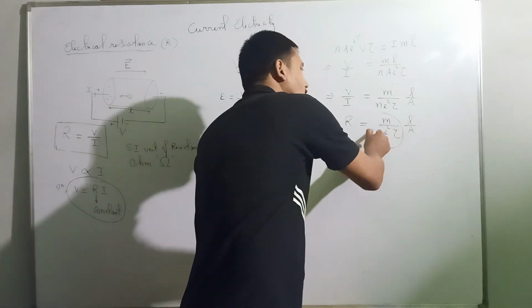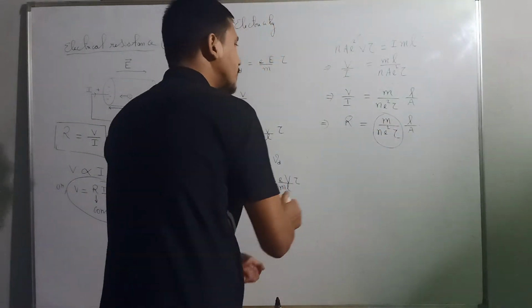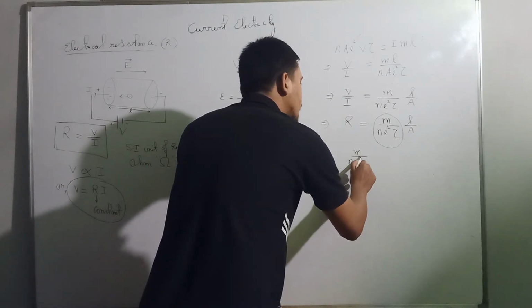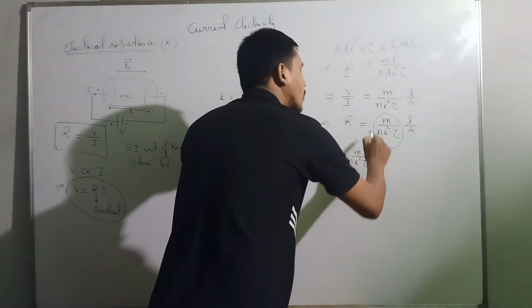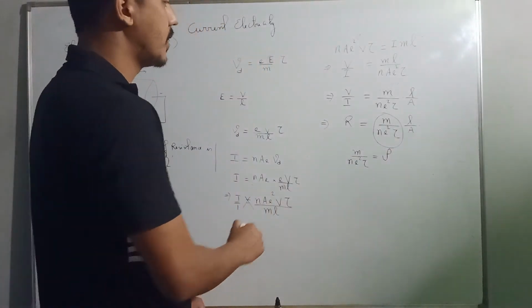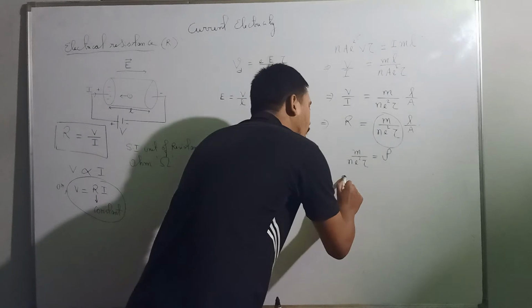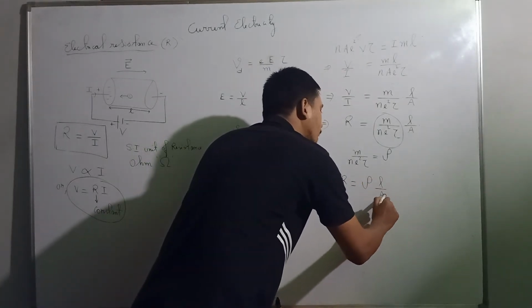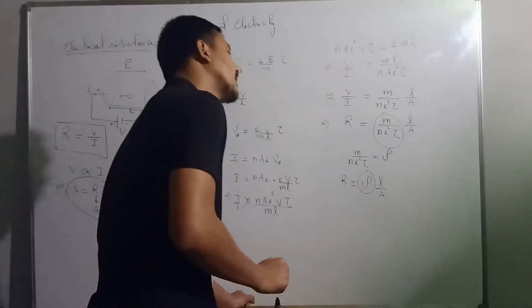So since this whole quantity is constant, we can write m upon n e square tau is equal to a constant known as rho. In that case, your R will become rho L upon A,